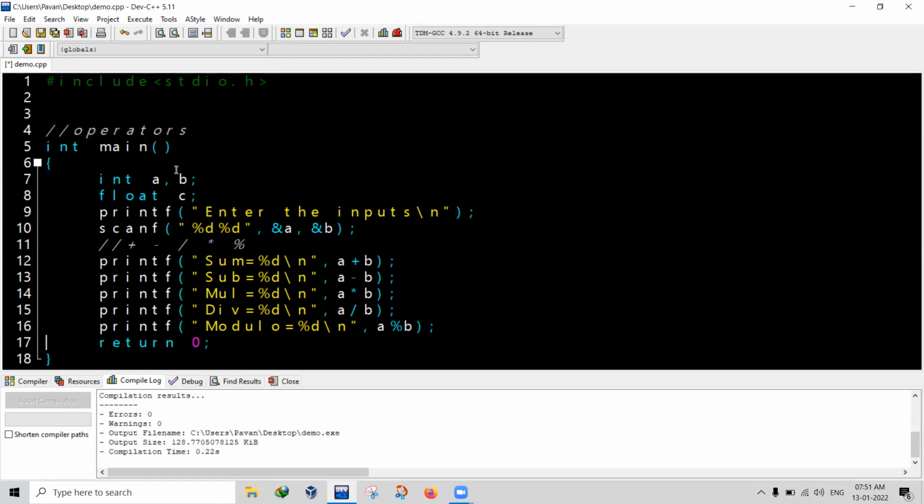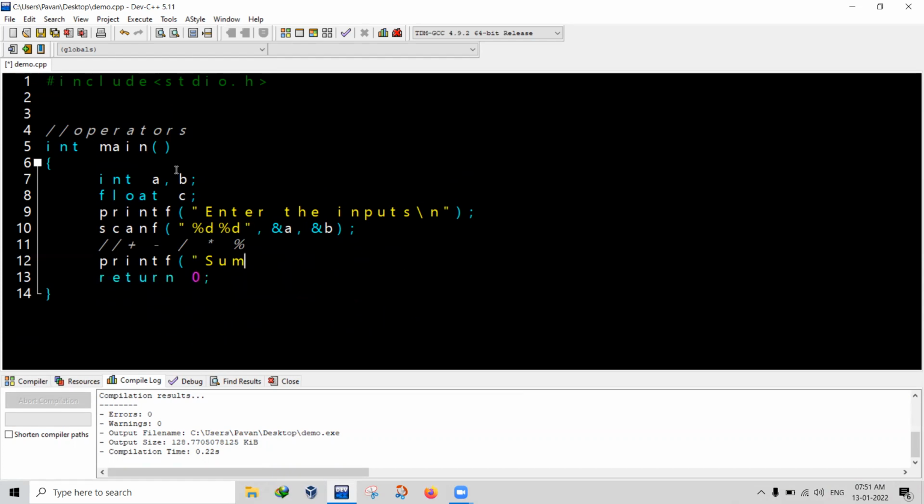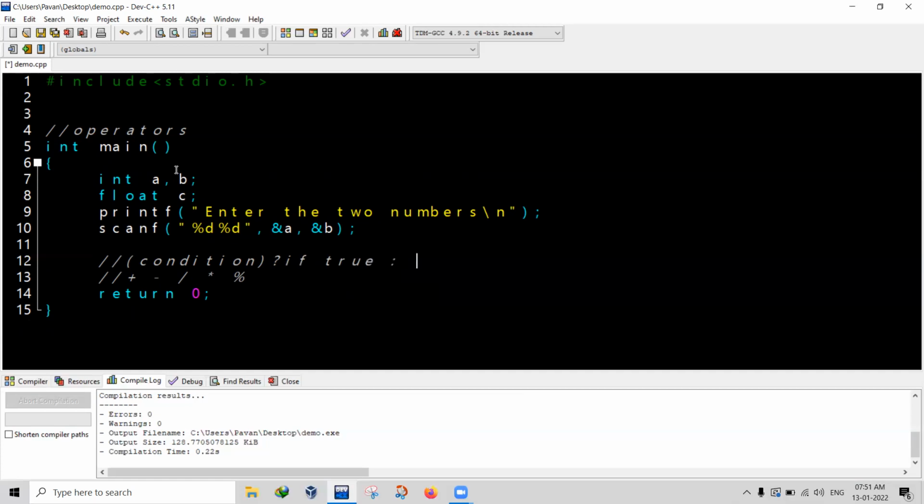One important question from this unit is the conditional operator, which I want to demonstrate from unit 1. The program is find the greatest of two numbers using conditional operator. Same, enter the two numbers, you have the inputs. So the conditional operator syntax is first you write the condition, then put a question mark. If the condition is true, this particular segment will be executed. If the condition is false, this particular segment will be executed, and a semicolon. This is the syntax for conditional operator.